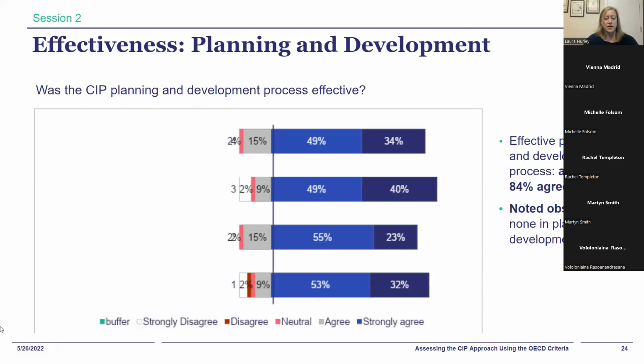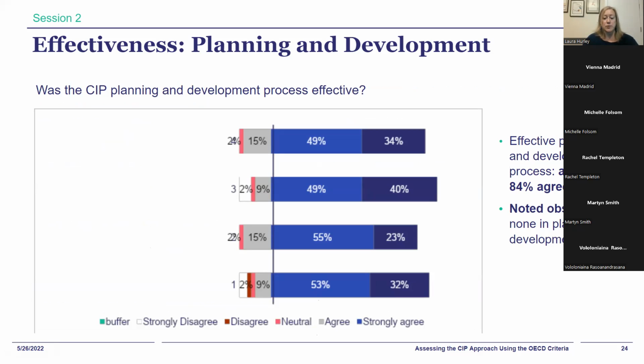That's a better formatted slide. Thank you. So next we have effectiveness. We defined effectiveness as the extent to which the CIP processes achieved its objectives. I've divided responses to effectiveness into 3 slides in the 3 phases of